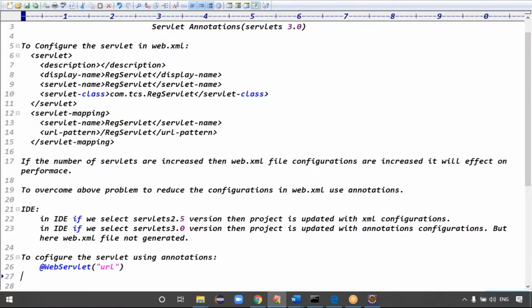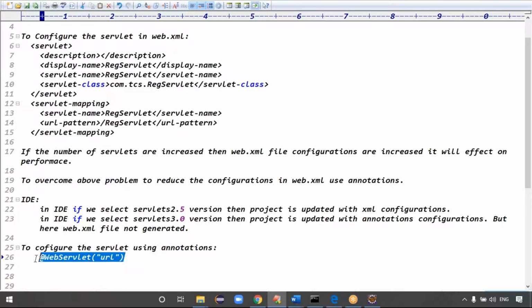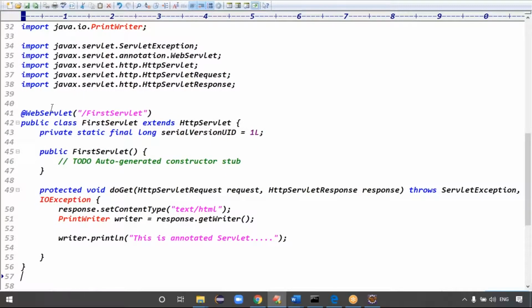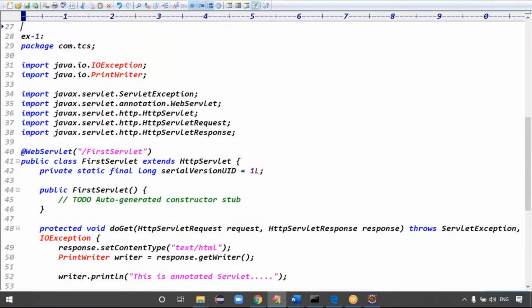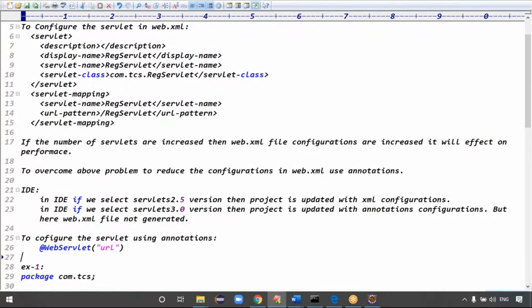That's it, guys. Just tell me, is this much code reduced by only this annotation or not? Exactly. Is it clear now? So this much code is replaced by only one annotation. The annotation is called @WebServlet annotation.